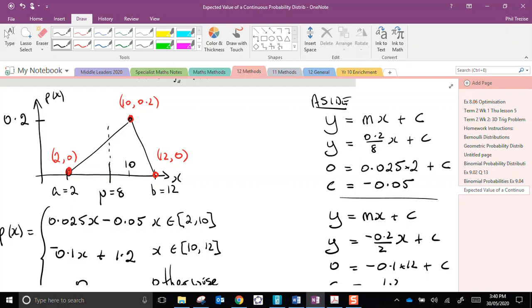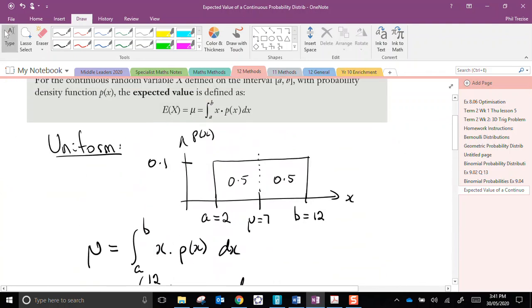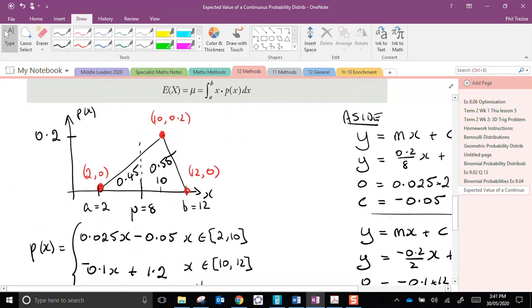This time, though, it doesn't split the areas equally. If you did calculate out the areas, and you could easily do so, you could integrate from 2 to 8, you would find the area on this side is 0.45 and the area on that side is 0.55. So just because it's a mean doesn't mean it will split the distribution in half. The previous one did, but of course the previous one was a little bit special. It was a uniform distribution, so you'd expect symmetry to happen there. No reason to expect symmetry here, and as you can see, the areas are not symmetric,